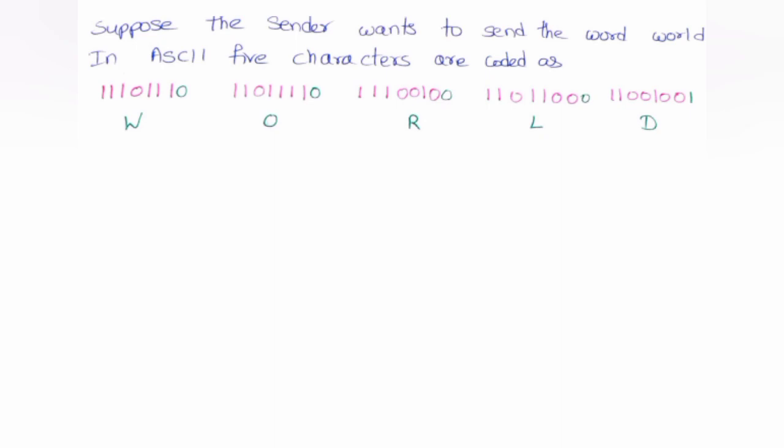And for the R also the number of ones are even. So we need to add 0 as a redundant bit. And for L also, the number of ones are even. So we need to add a 0. And here for D, the number of ones are odd. So we need to add 1 bit to make the number of ones even. Okay, so in this manner we are following the even parity concept to transfer the word WORLD through the transmission